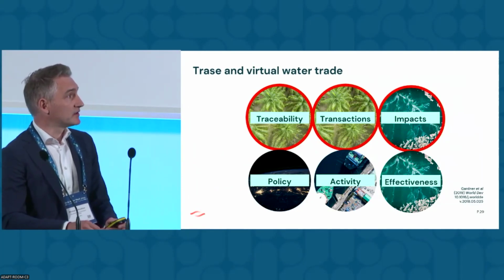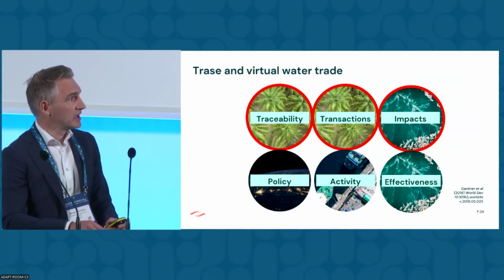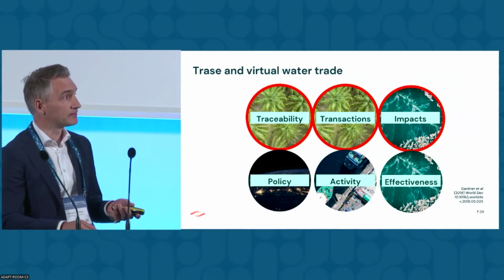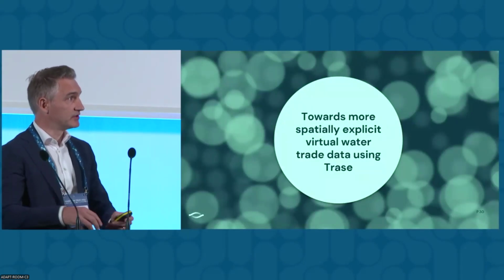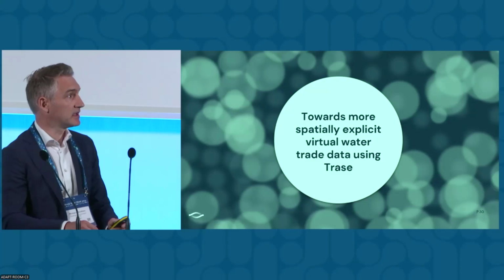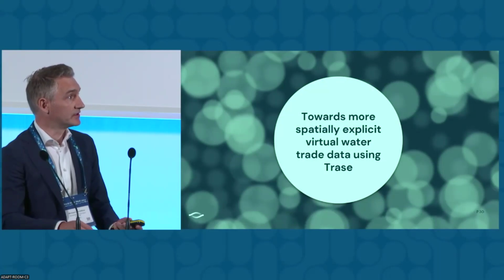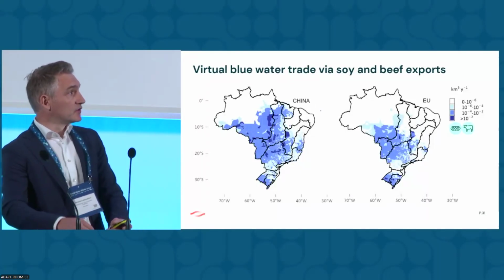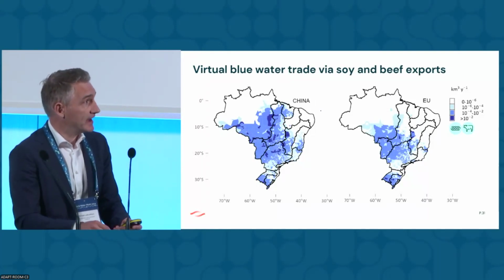And what I'd like to share now is just some initial results on the first row of these building blocks, and then ask you, what is that second row really? How are we going to anchor this information in policy and for what purpose? So we can think of this as the next generation of virtual water trade data and the importance of making this available openly for everyone to assess and analyze. So we're focusing first on Brazilian soy and beef production and exports.